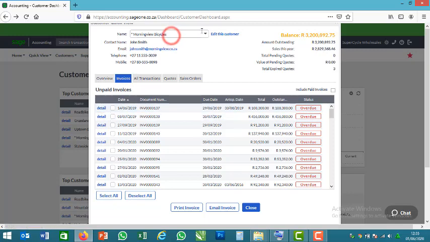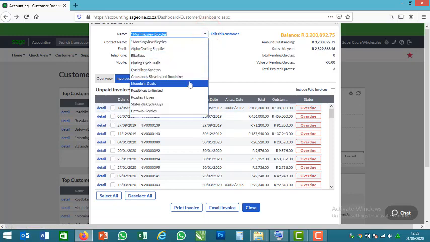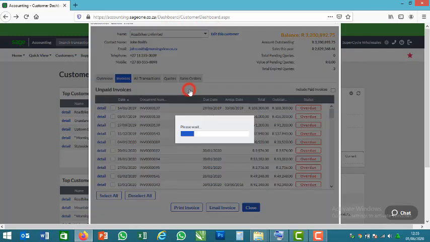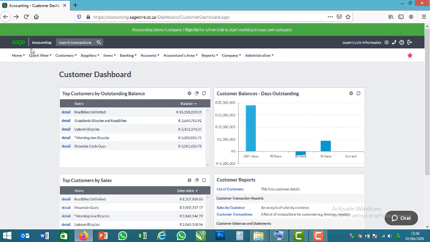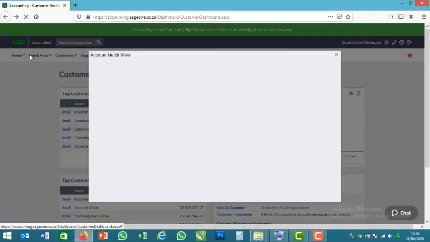So if you want to select another customer, you can do that here. Let's say you want to select Road Bikes Unlimited. So we have a quick view of this particular customer here as well. Okay, so we can do that as well for the suppliers, their items, their bank accounts, and the different accounts we have